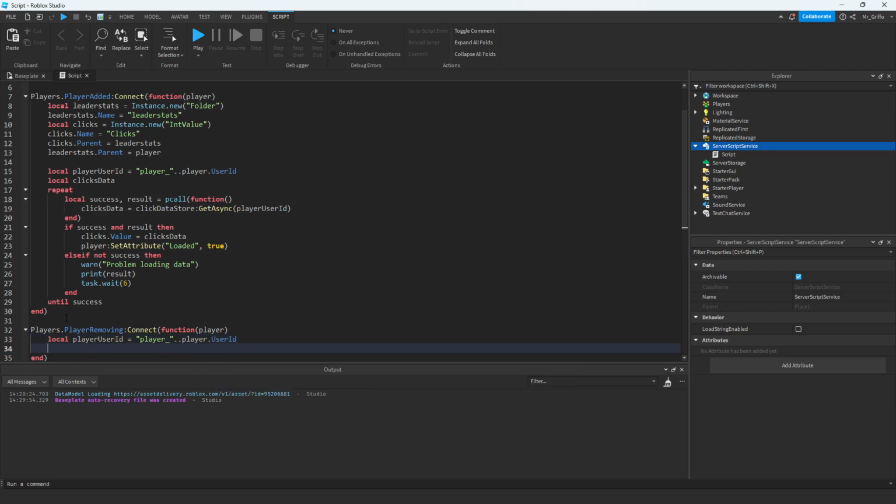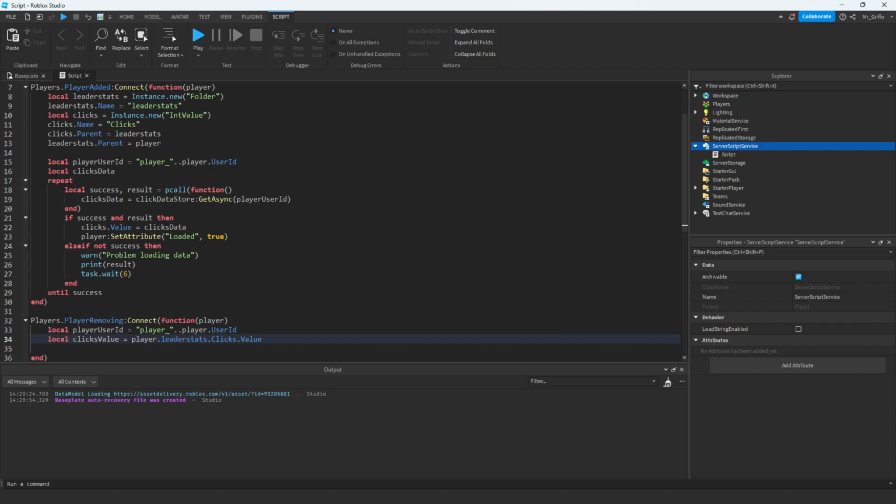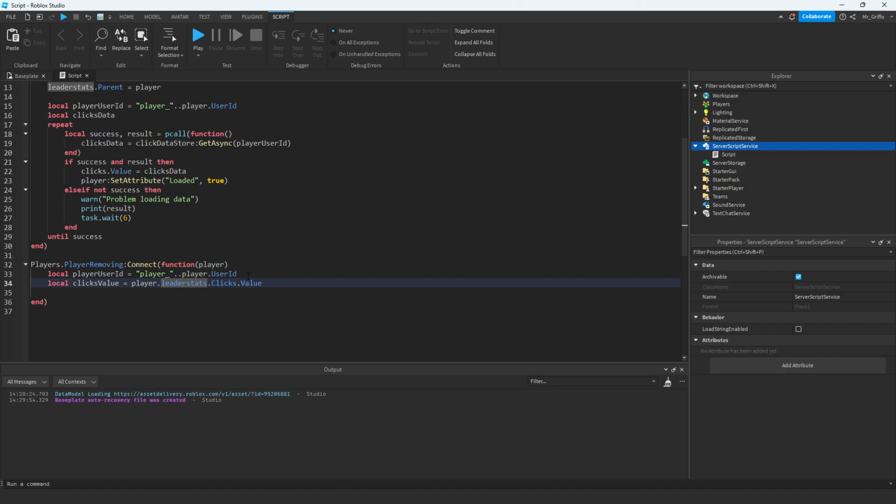Cool. We've got that now, and now we're looking for the clicks value. So local clicks value, you're calling it. That's going to be in the player.leaderstats.clicks. So that's what we called it. Yep. And then we get the value of it. Now there is a bit of a problem here, because what if the player's leaving and leaderstats hasn't been found? Well, actually, it's probably not a terrible thing that this is erroring out, because we don't want it to save if it hasn't finished loading. But if we just make sure, so we say if player